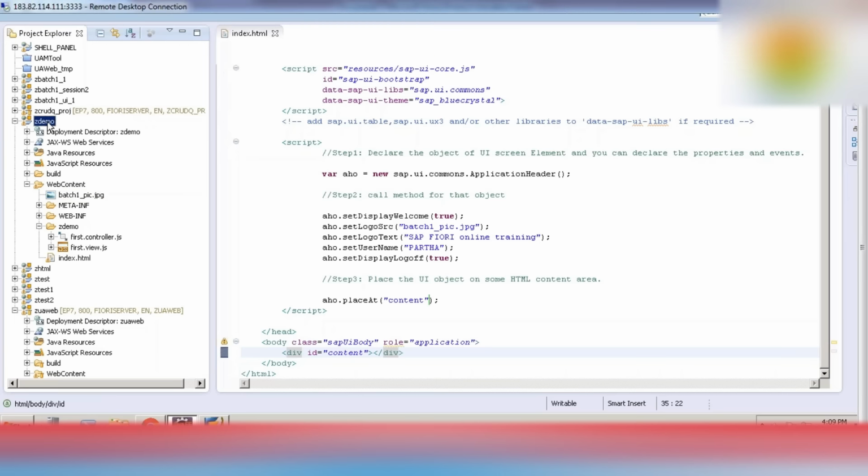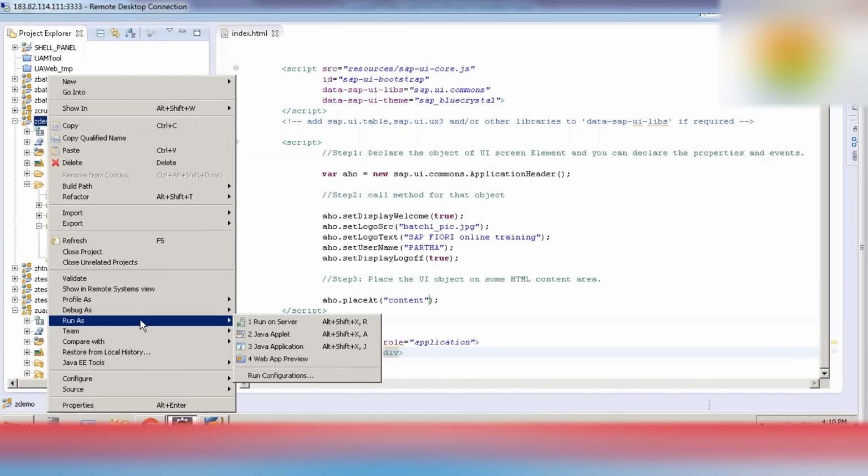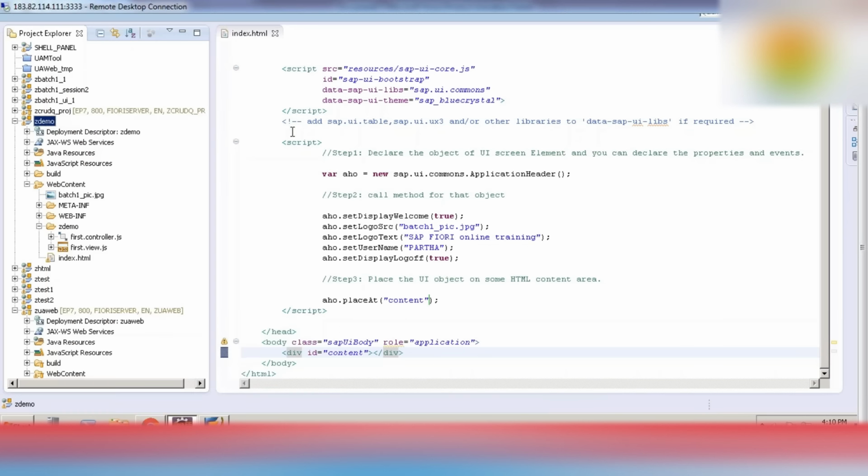Now if I quickly go and run, how can you test it? Just right click on the project name, then select Run As, then Web App Preview. Then you can see I have an application header, the application logo is coming, the application header text is coming, welcome Partha.